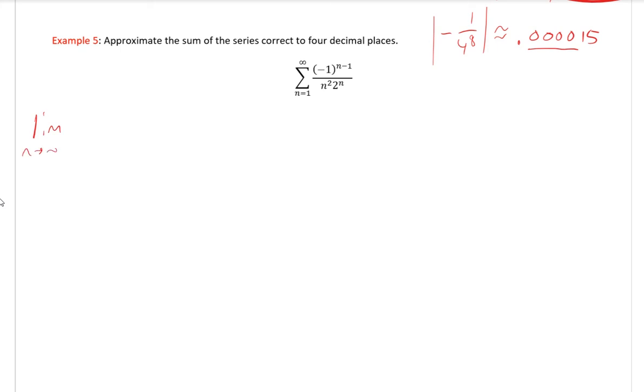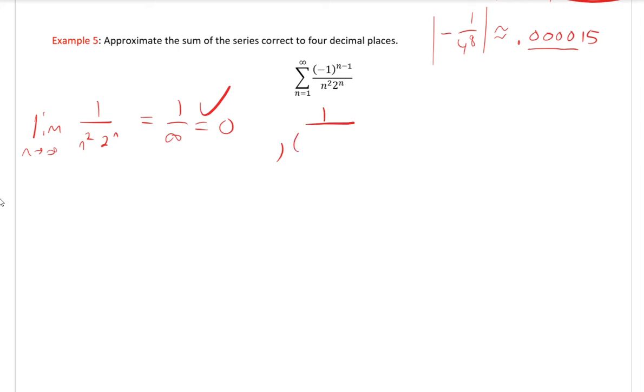If we do the limit as n approaches infinity of 1 over n squared times 2 to the n, this is relatively obvious. You don't need to do L'Hopital's here. This is going to approach 1 over infinity, which is 0. So we're all good there. And then for decreasing, this one actually is not too bad to show directly. We can do